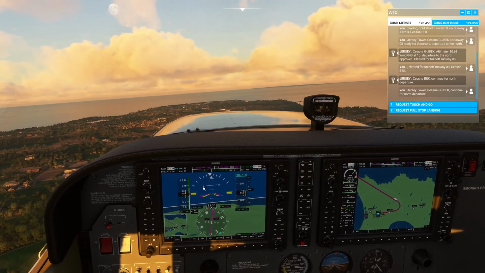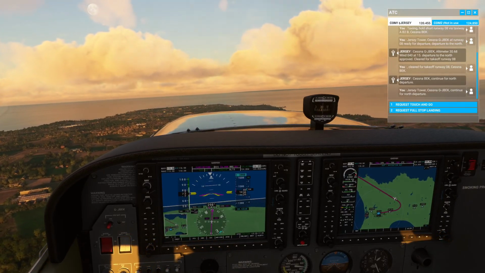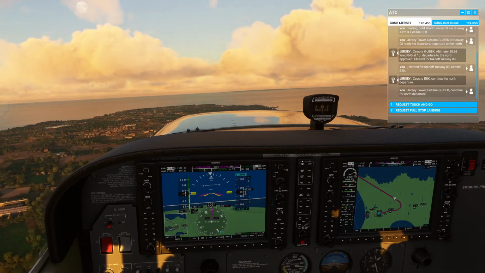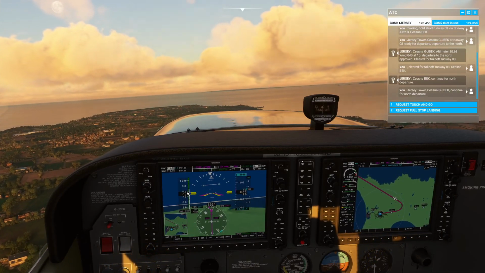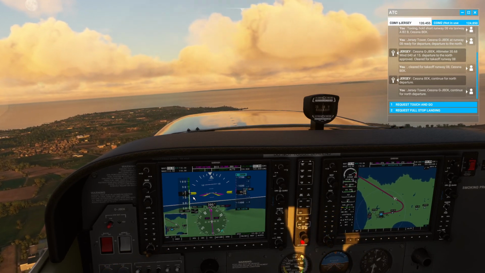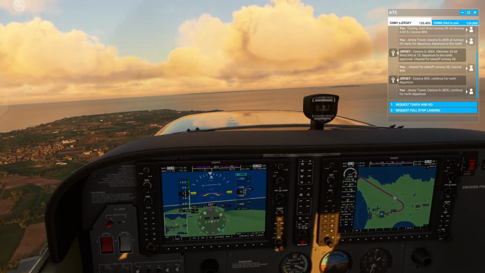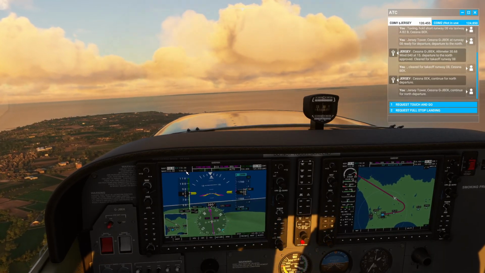So notice we're getting a bit slow. I'm going to open the engine back up. So we're now accelerating, and I'm going to raise the flaps, which reduces the drag, meaning we can go that much faster. Okay,